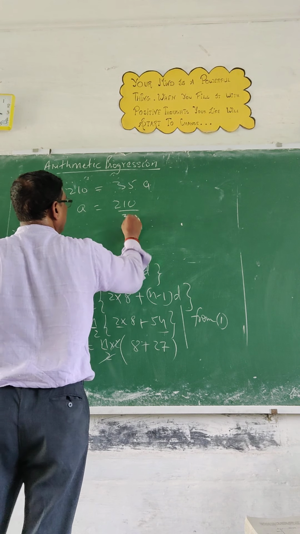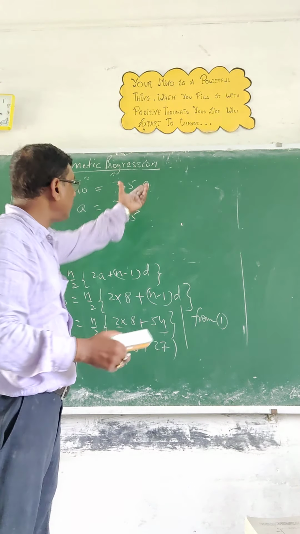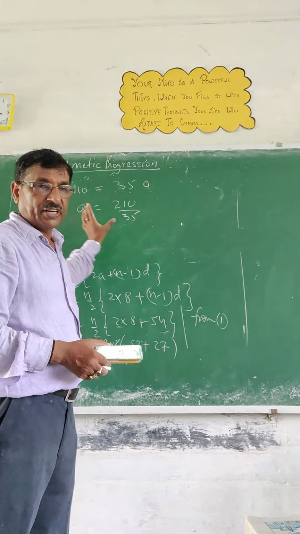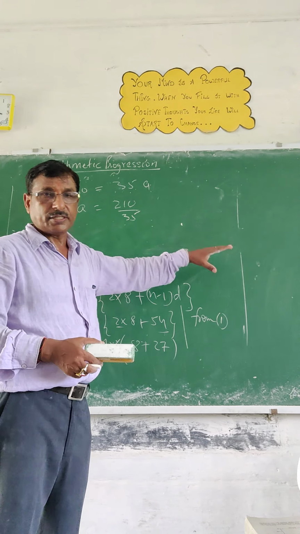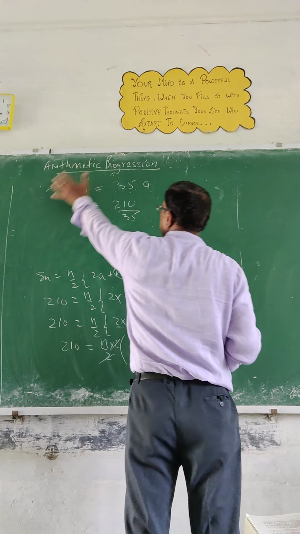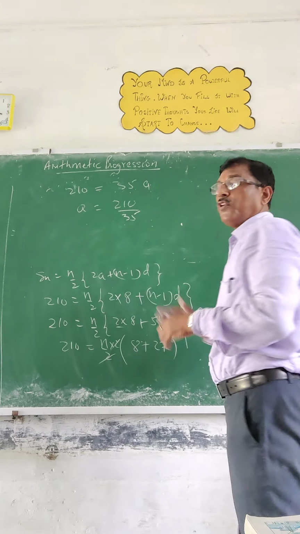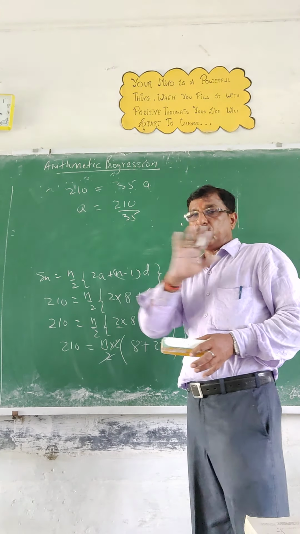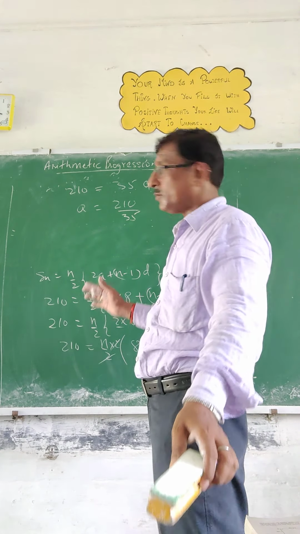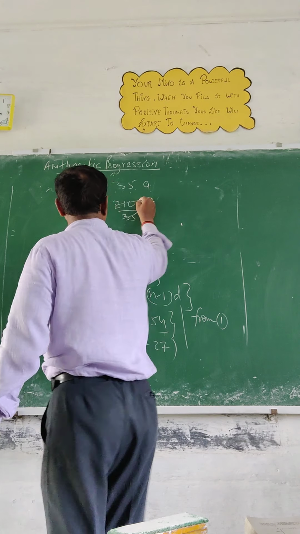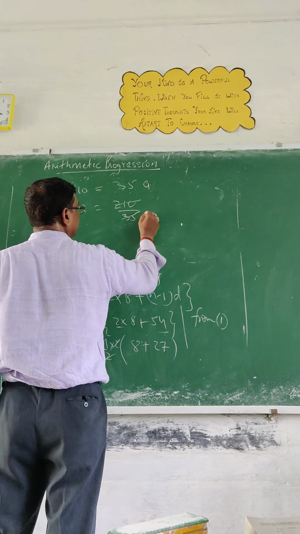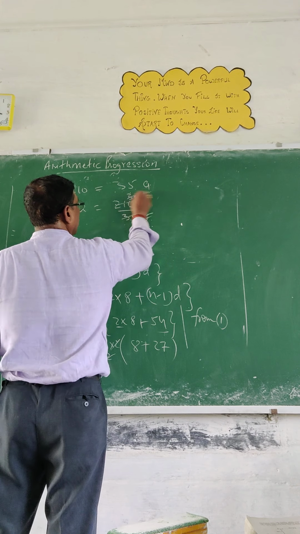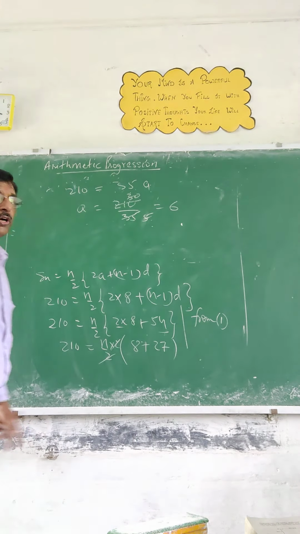210 upon 35. You can ask me one question: why, sir, have you put this in this way? Because the unknown term is always put on the left hand side, and the known quantity on the right hand side. We have shifted the whole 35n to this side and the whole 210 to this side. If you shift all the terms, interchange, then there will be no change in the sign. So you get what? Just divide. What is it, children? So you got n, how much?